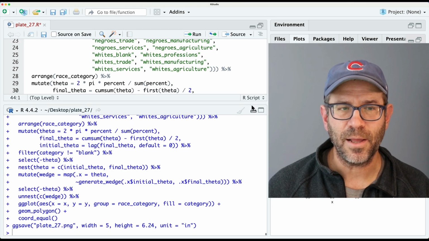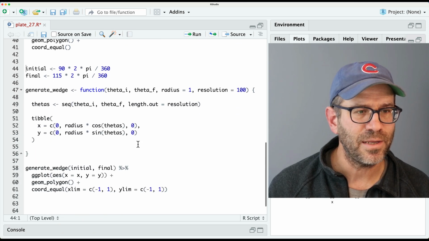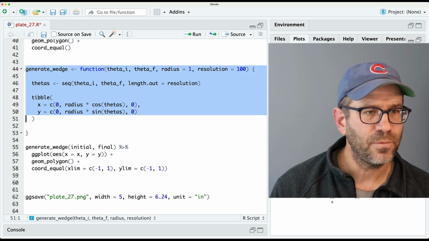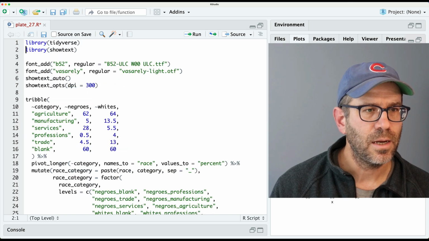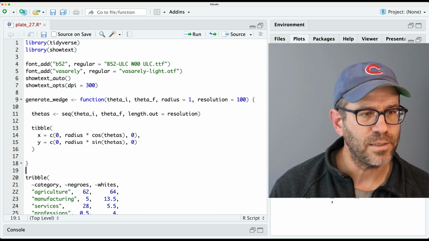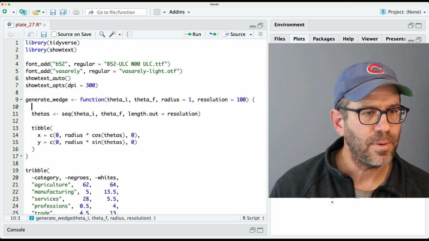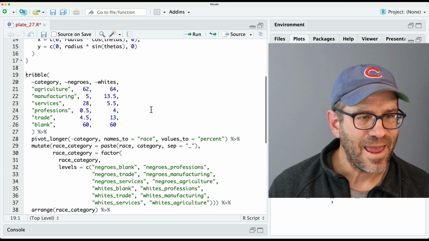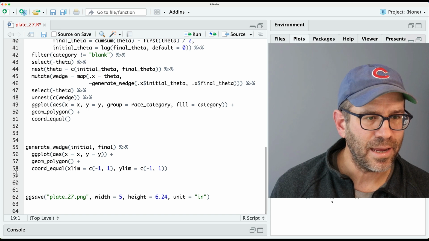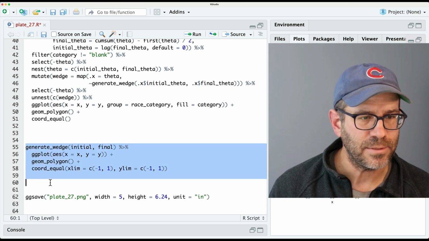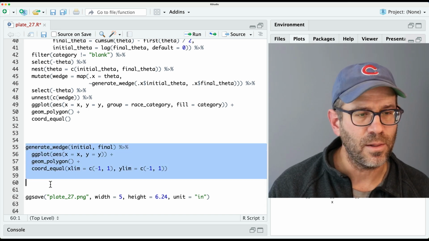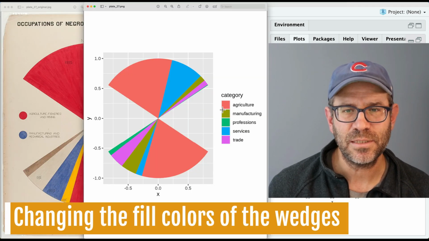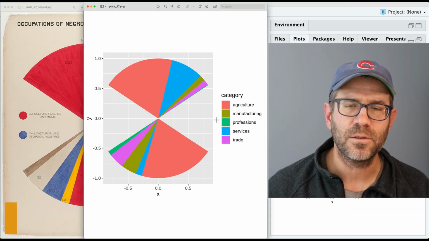So let's start by cleaning up our code a bit. We've got a variety of things in here. So I have this initial and final. I'm going to move my generate wedge function up here to before I define the tribble. And maybe I'll go ahead and rerun this just to make sure I've got that loaded. And then down here, I had where we were doing some experimenting with that geom_polygon to create an individual wedge. Now what I want to turn our attention to is let's go ahead and modify the fill colors of